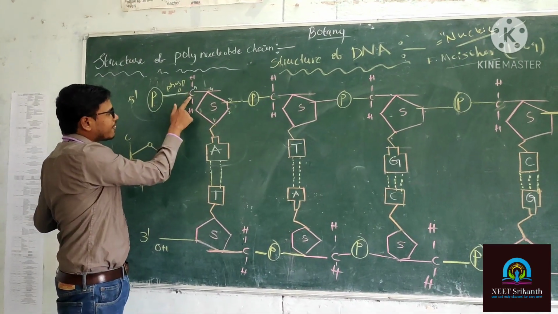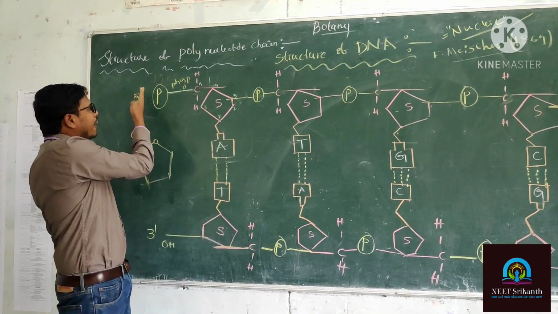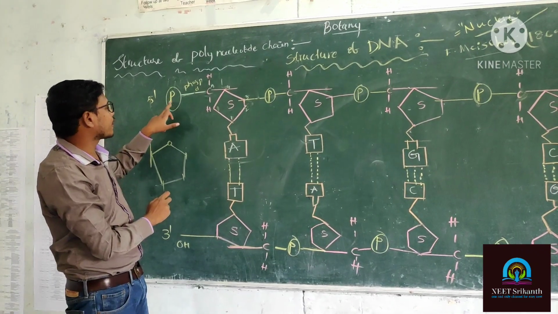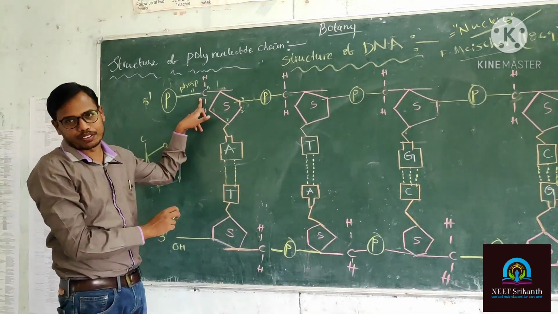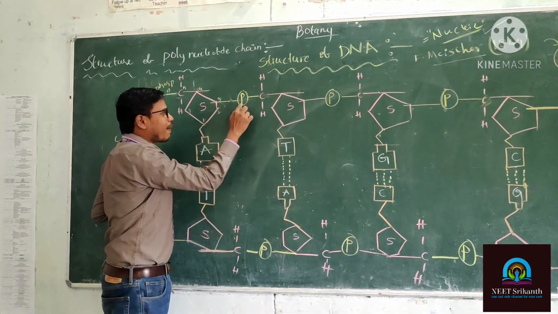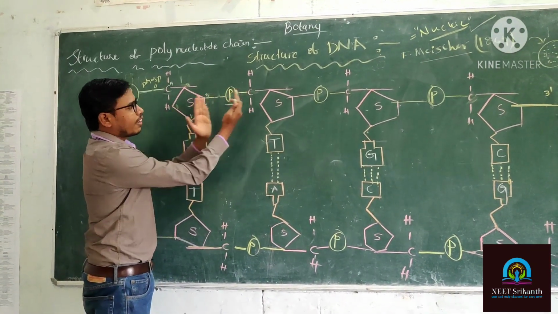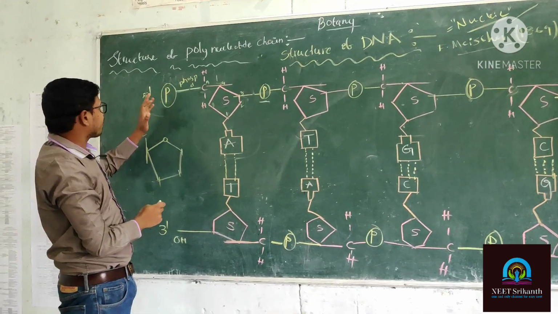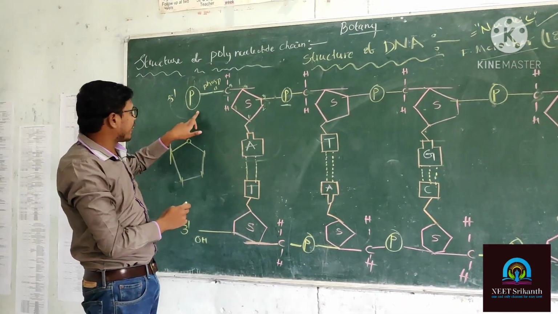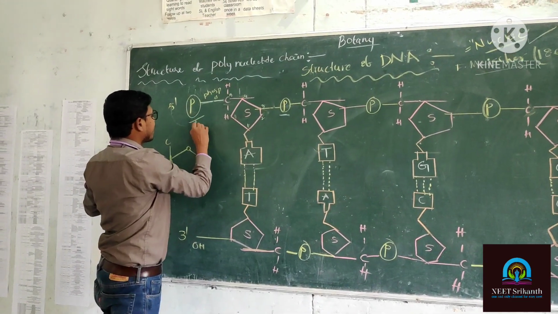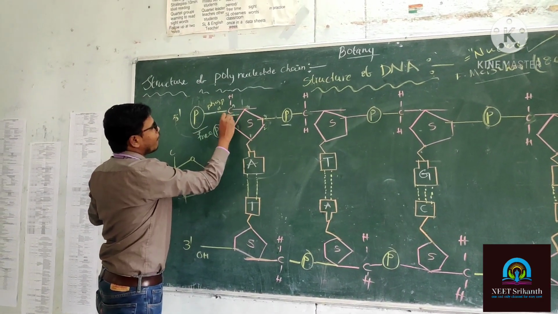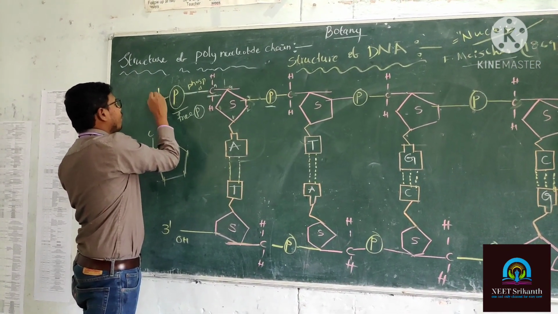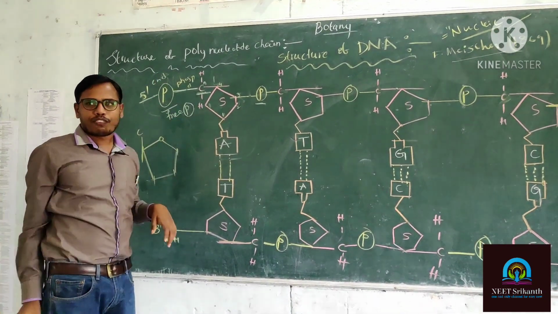Now the phosphate present at the 5th carbon does not bind with another nucleotide. Is there another nucleotide here? No, there is no binding of another nucleotide at the phosphate of the 5th carbon. But you can observe this phosphate is attached with this nucleotide and also binds with this nucleotide. Here the phosphate at the 5th position does not bind with another nucleotide, so a free phosphate is there. Where is the free phosphate? At the 5th position of the sugar. That's why this polar side is called the 5 prime end.